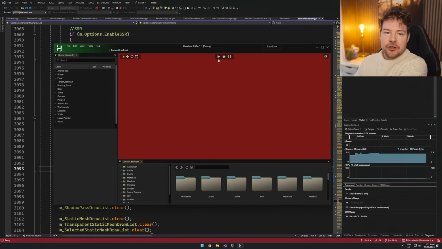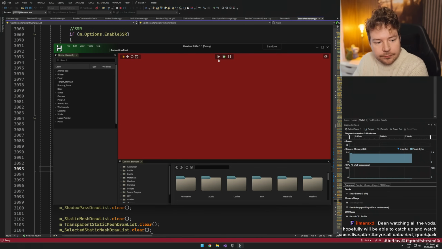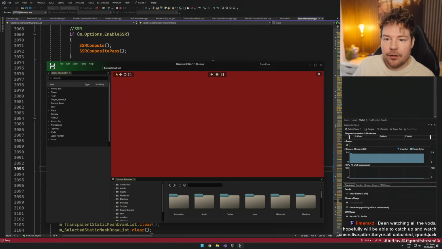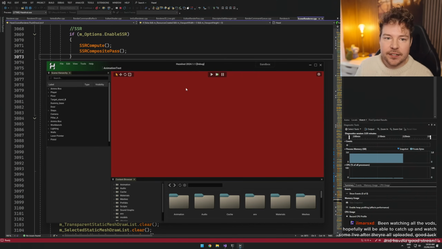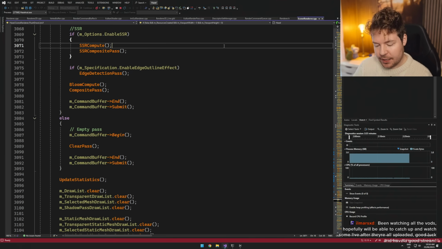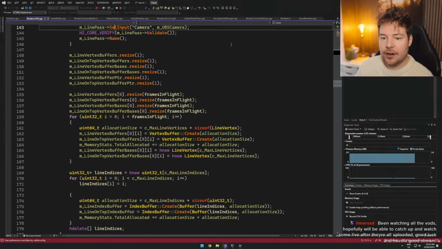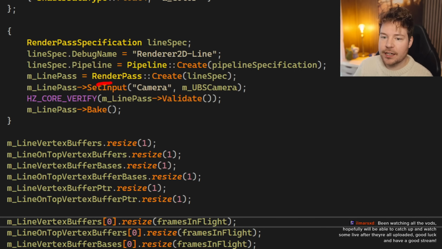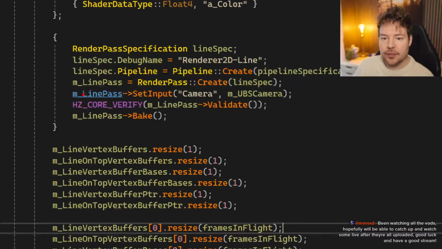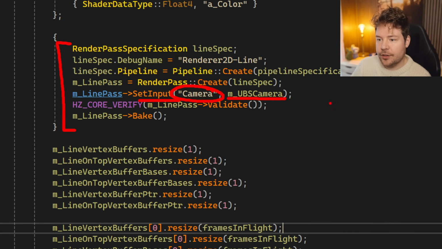The big thing we wanted to do was 2D rendering. And by the big thing, I just mean the first thing that we want to do is 2D rendering, because that's a little bit easier. There are not that many render passes, but we did discover last time that Renderer 2D also uses render passes, which means you can see that it's setting this camera uniform buffer as an input into the render pass, which currently flows through that Descriptor Set Manager that I mentioned, meaning that